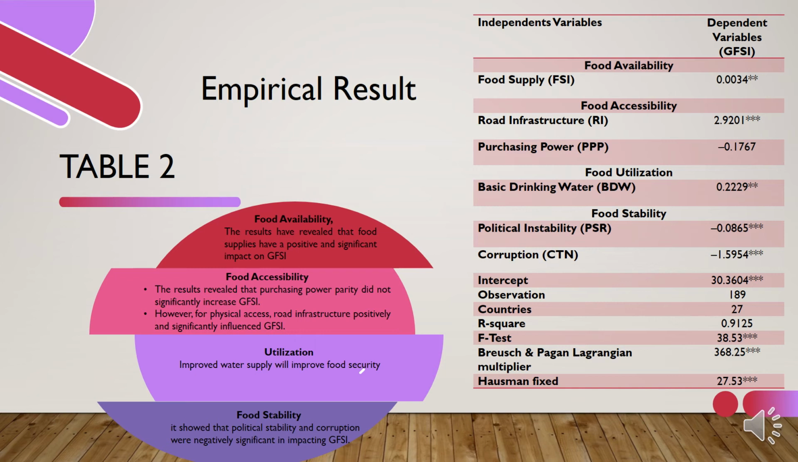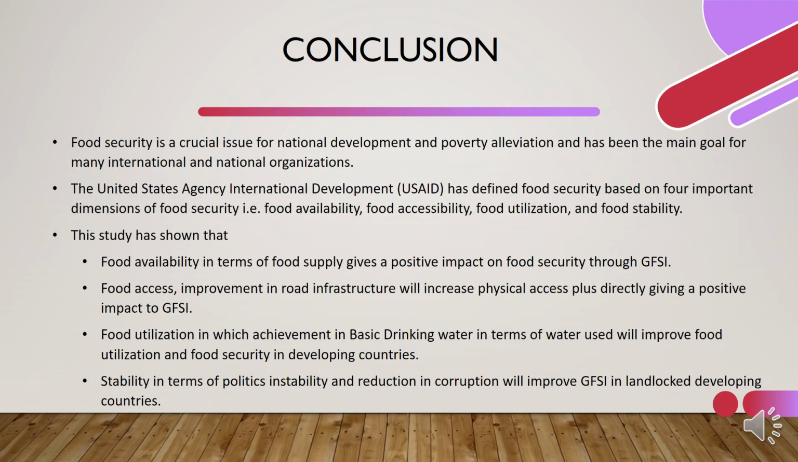This one is the Hausman test, which is the test we use to choose whether random effects or fixed effects is more appropriate. Based on the Hausman test, we can see that the fixed effects model is appropriate for this analysis. For the conclusion, we can say that food security is a crucial issue for